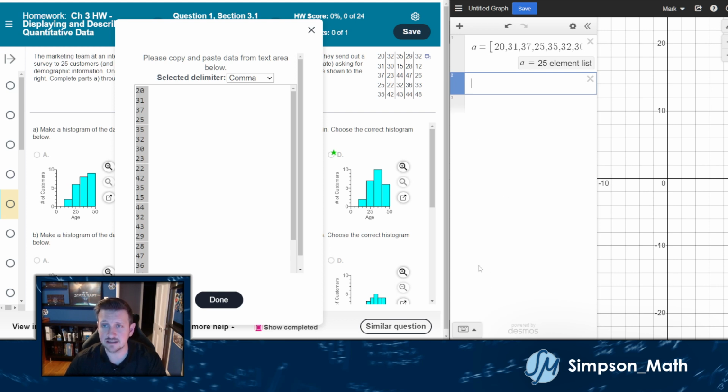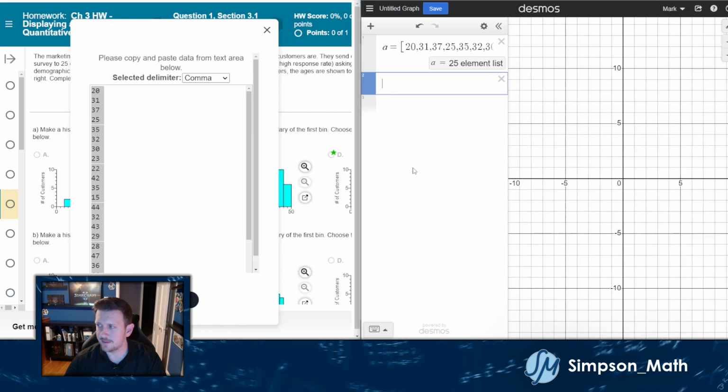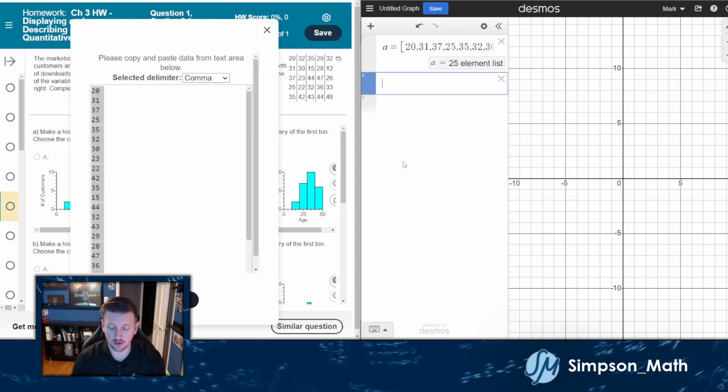I just need to ask Desmos to make our histogram for us. Let me scooch this over a little bit. So on my keyboard, I'm just going to type in histogram, and then open parentheses. I know that I'm just going to do histogram open parentheses because that's what I use. If you didn't know that,